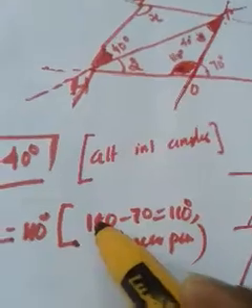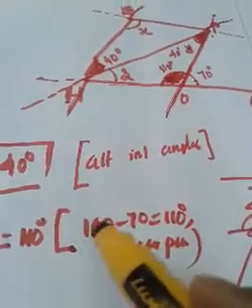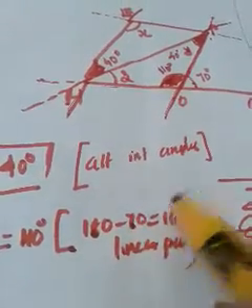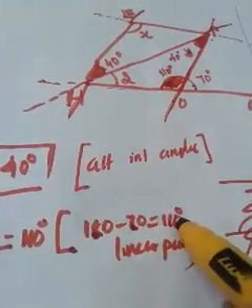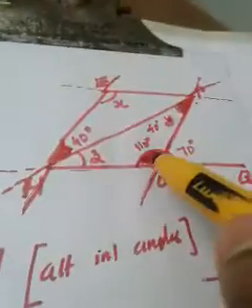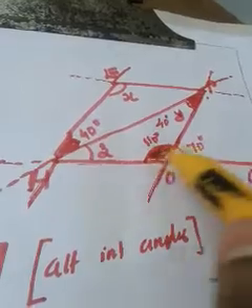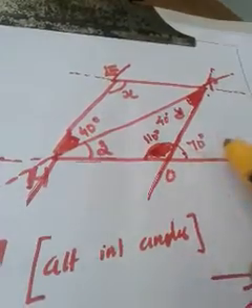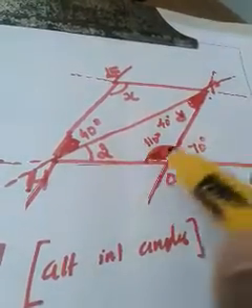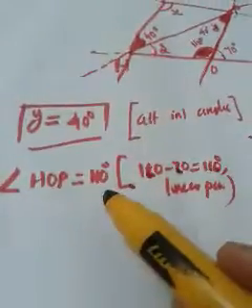180 means we know that the sum of the angles in a linear pair is 180. Out of that, 70 is given, so the next angle will be 180 minus 70, that is 110. Any problem? No. So in this way we got this angle as 110, because the sum should be 180, because both are a linear pair. Out of that one angle is given, so this angle will be 180 minus that 110. So we got that angle as 110.